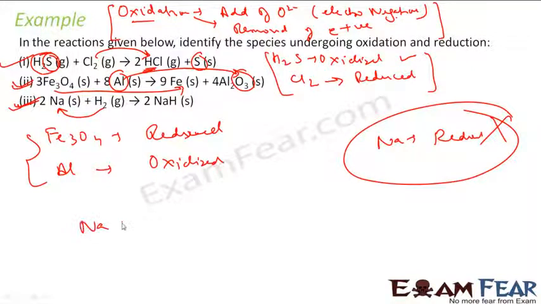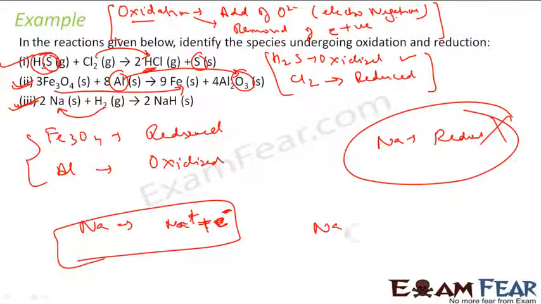If you see, it was sodium, it became Na plus. And it gave electron. So we have one more definition, I told that oxidation is nothing but loss of electron. So with this definition, sodium is oxidized. And that's why we don't trust the definition of addition of oxygen and removal of hydrogen. These definitions are pretty old, right? So we'll focus more on the electron transfer definitions. Correct? So now we'll try to understand the redox reaction in terms of electron transfer.